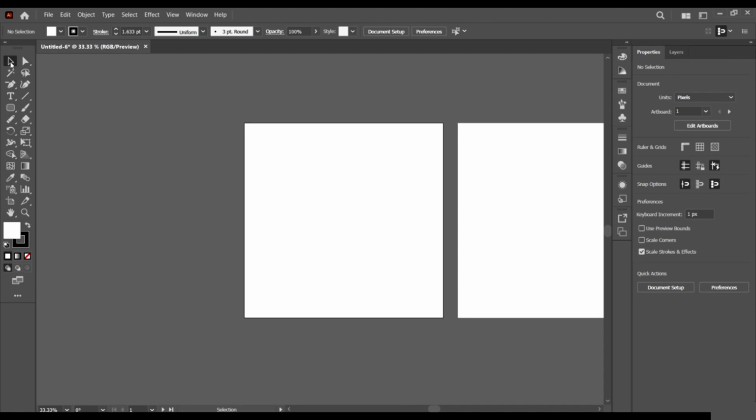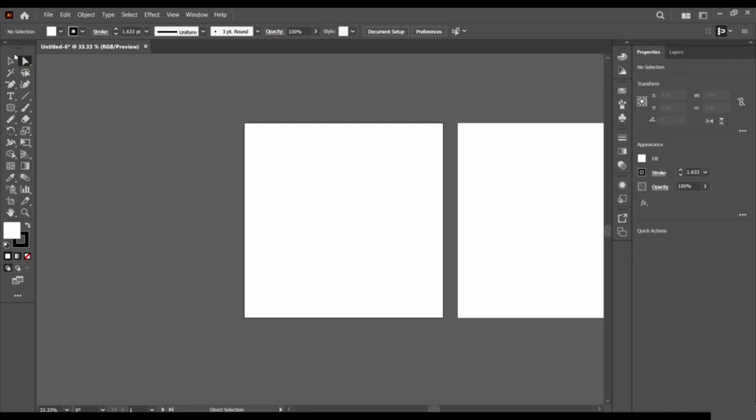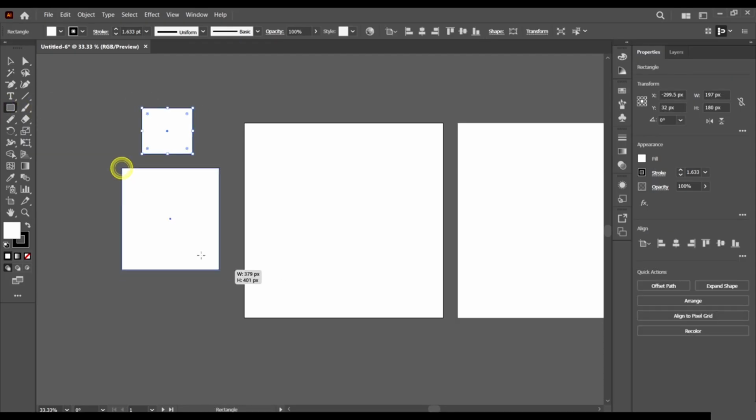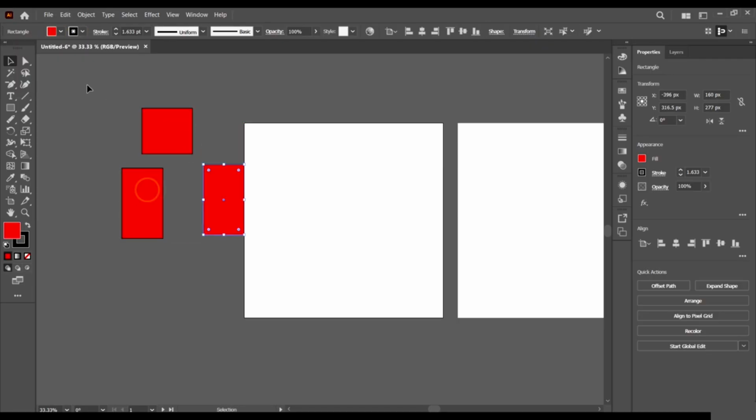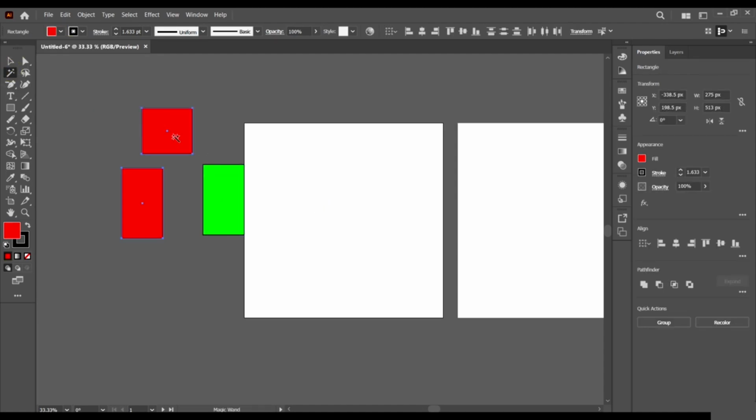Now let's just have a roundup of our tools here. Okay, we have the selection tool, we have the direct selection tool, you know what they do. We have the group selection tool, which selects groups. We have this guy, which is the magic wand tool. It's also a selection tool. It selects objects with similar colors. So let's assume we have this guy with red, this guy with red, and then this other guy. When we select this guy here and click here, we see that we're selecting the ones with similar colors. So that's the use of this tool here.